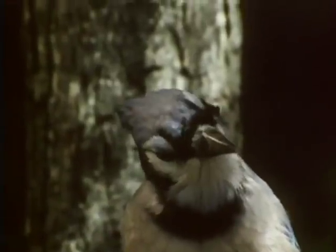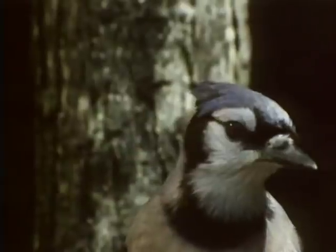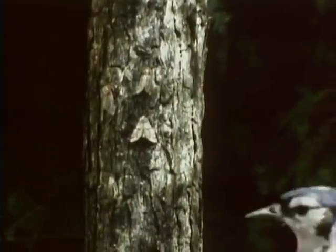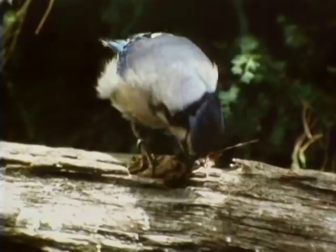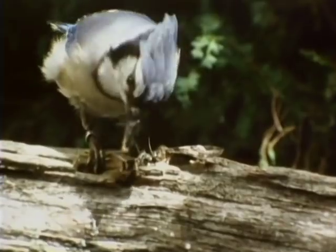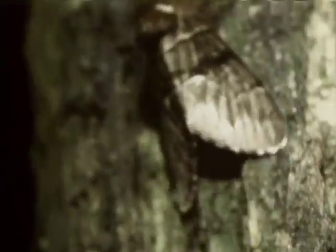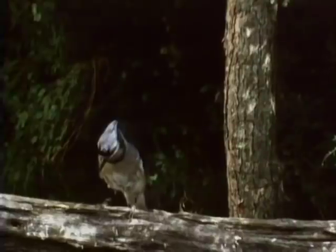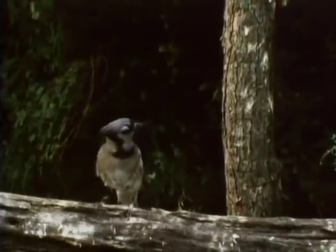Blue jays are adaptable generalists and learn quickly to uncover a failing camouflage. They are agents of natural selection. Combined with sudden environmental change, they help to perfect the defenses of their own prey. Camouflage is effective,